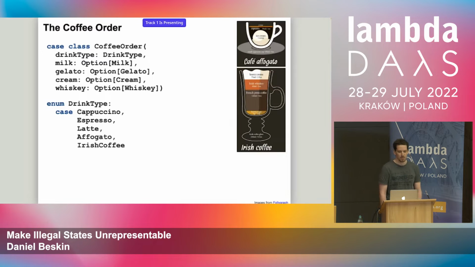And that's a good place to stop for a moment and take a look at what we have. So we support 5 different types of drinks, which is nice, but we have lots of various optional values. It's completely non-obvious which combinations are actually legal here. So can I mix milk into my Irish coffee or some such? It's not obvious from the types, and it's easy to get confused.